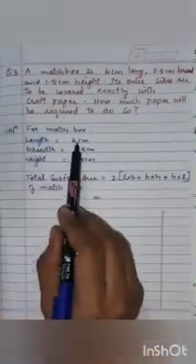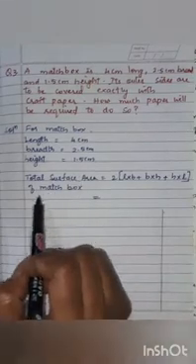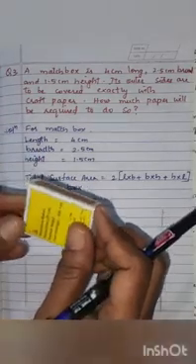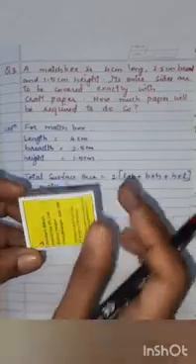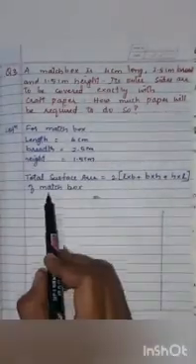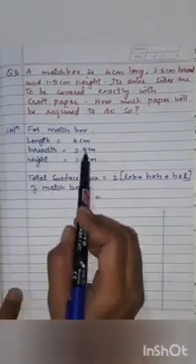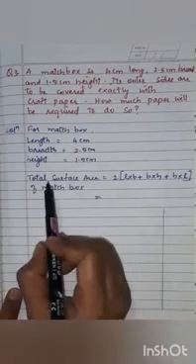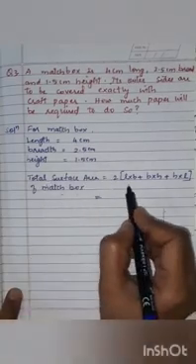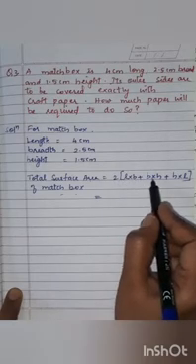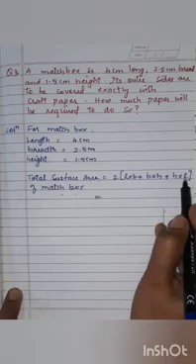So here they have given the length, breadth and height of the matchbox. So that means children, indirectly they are asking the total surface area of the matchbox. If we know the total surface area of the matchbox, then we can find the craft paper required to cover the matchbox. Okay, so here solution we are starting as length 4 cm, breadth 2.5 cm, height is 1.5 cm. So total surface area of matchbox, first thing is we have to write the formula, that is 2 bracket length multiplied by breadth plus breadth multiplied by height plus height multiplied by length.